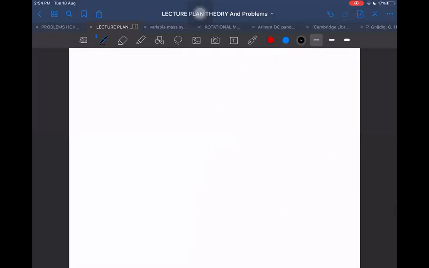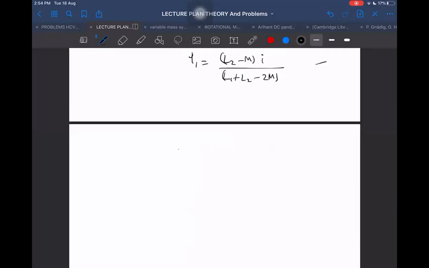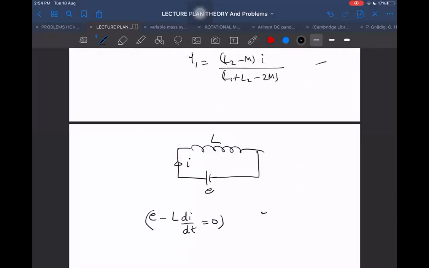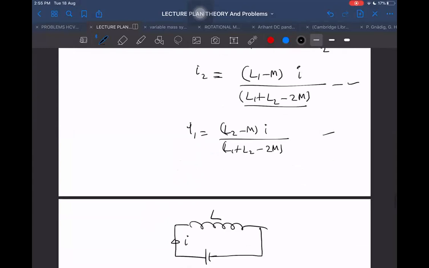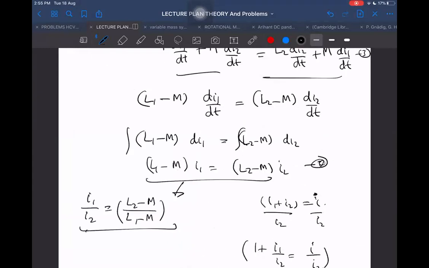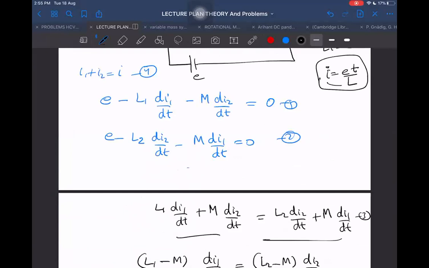What is the meaning of net inductance? It means if I take a single inductor connected with a single battery, then that single inductor should give me the same equation which I will get from this. That means I can write E minus L into di by dt equal to 0, or I should be able to write E is equal to L into di by dt. So what is that single equation of? Think about it here. Here I will get that single equation of how?